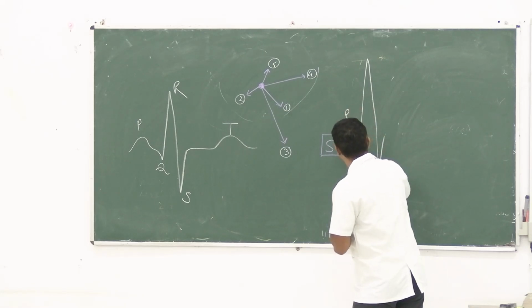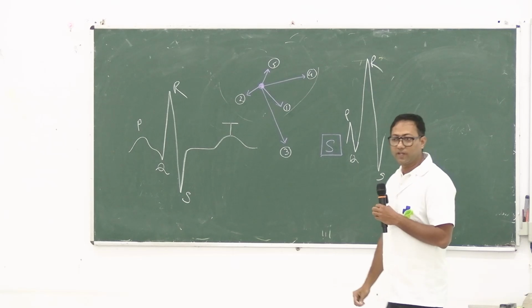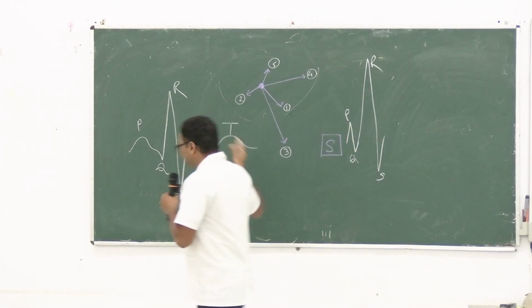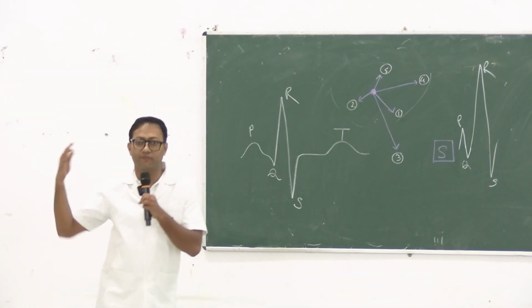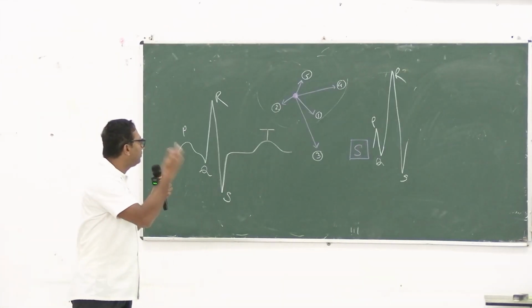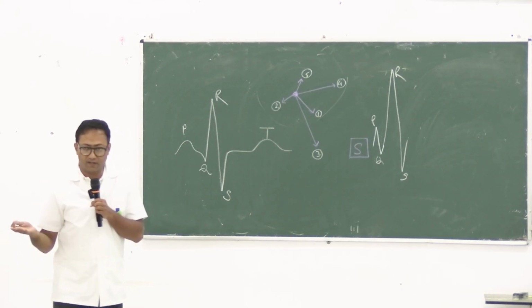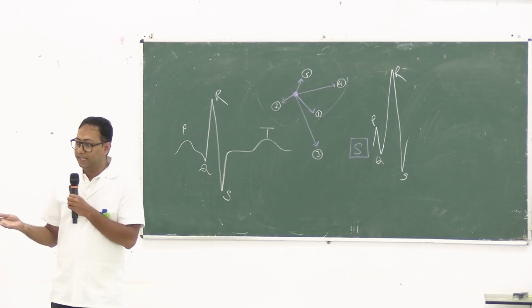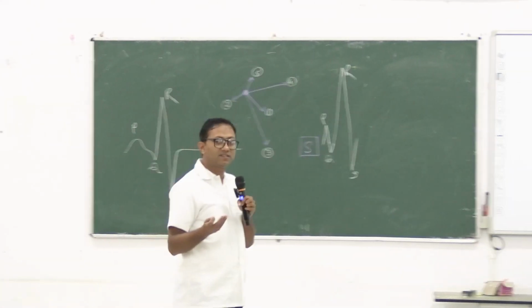I've got a P, I've got a Q, I've got a R and S. Okay, for all the vectors what we have discussed, 1 2 3 4 5, for this 1 2 3 4 5 vector I am getting P Q R S, but in ECG signal we have a T as well, right? In ECG signal we have a T as well. What is T? Yes,